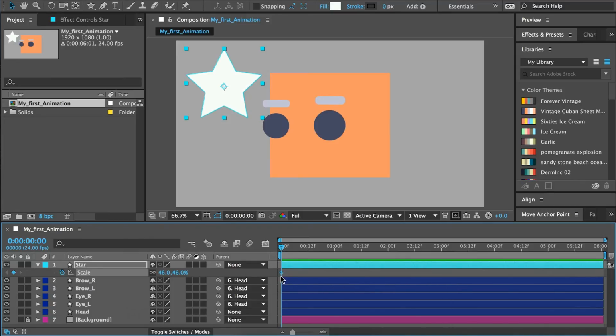Keyframe is, it says that at this point in time, your star has a scale of 46%. You can take the keyframe and move it around. Let's move it maybe, I don't know, here, one frame is maybe even too much, to 12 frames, and then you take the blue bar, the marker, or you click somewhere in your timeline for